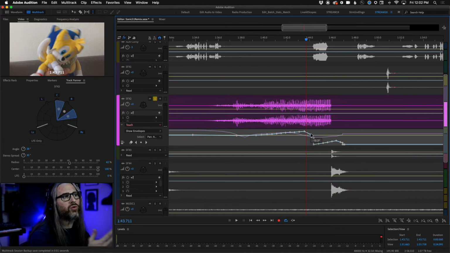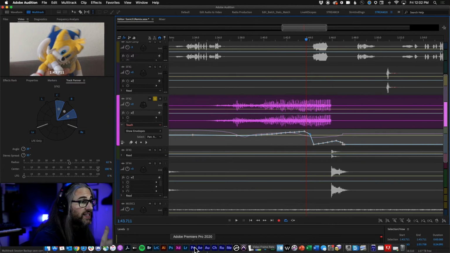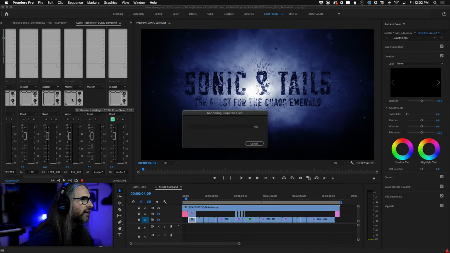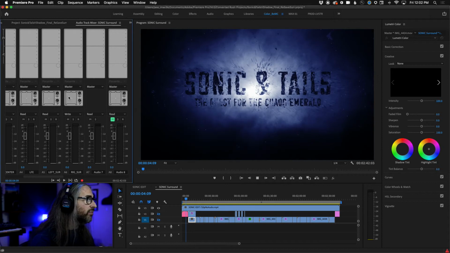So this is why I was saying you could draw all of the automation for these parameters if you so desired, okay? It's really nice to be able to automate them right here. Now, just as with Audition, it's the same. If I wanted to record movement here, I go into write mode, I start playback, all right? I don't think there's even anything on this track, but if I just start moving this thing around,